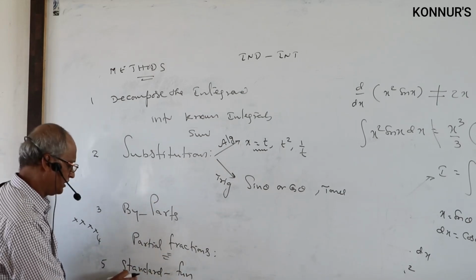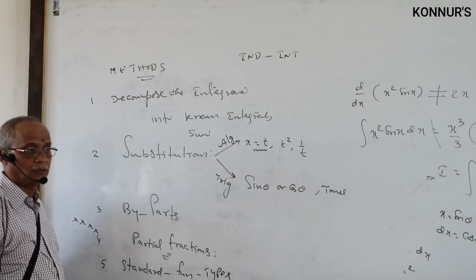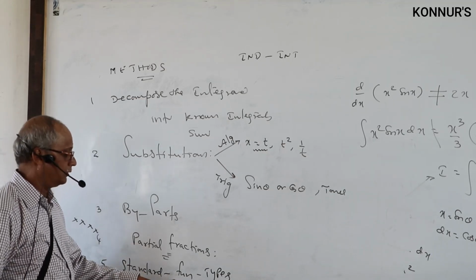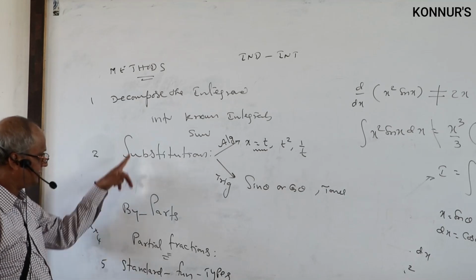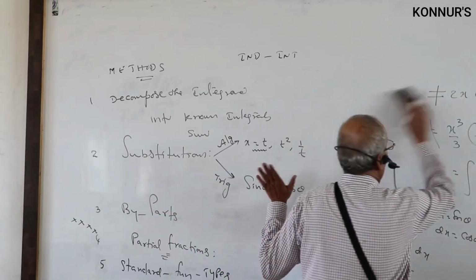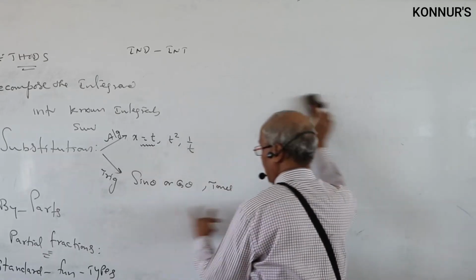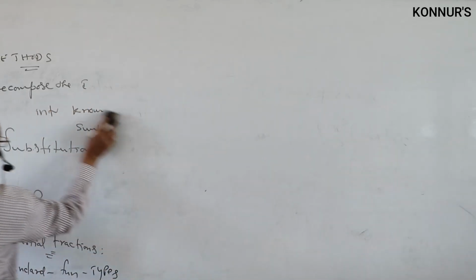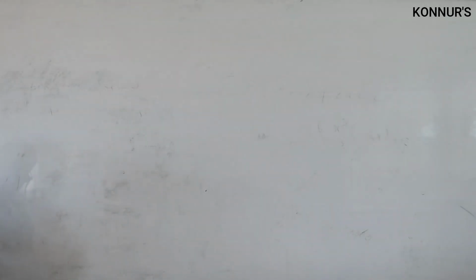That is the reason there are some standard types. We call them standard types 1, 2, 3, 4, and so on. Among them, some are very common, and every year they are giving these models. We are discussing some types; many types are not necessary. This is the last. With this list, you can integrate any function immediately. These are the main methods that we are going to discuss. When we go for substitutions, I already gave an idea; when a problem comes, I will show you how to substitute. Then we will start immediately with by parts, which is very useful. So, integration by parts.